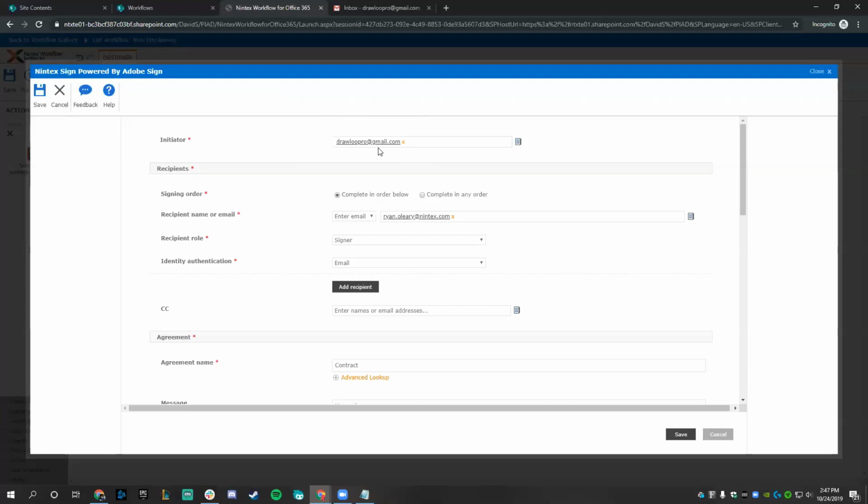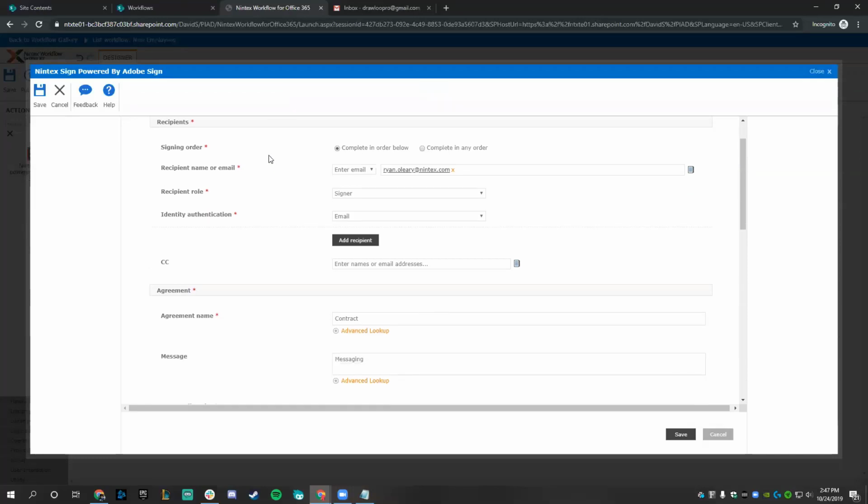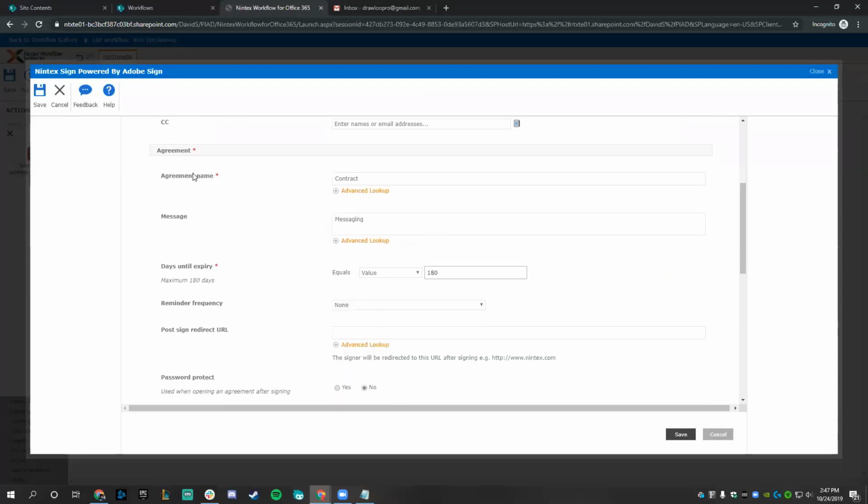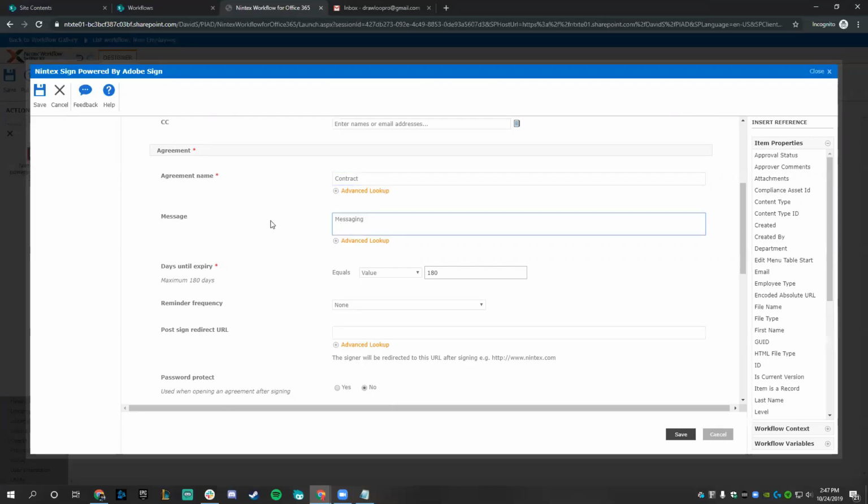Once you have set up your initiator and confirmed that that's the Adobe Sign login email address, next you'll go ahead and set up your recipients, anyone who's going to sign the agreement or get a copy of it. Go ahead and configure the agreement name, such as contract, add any relevant messaging,